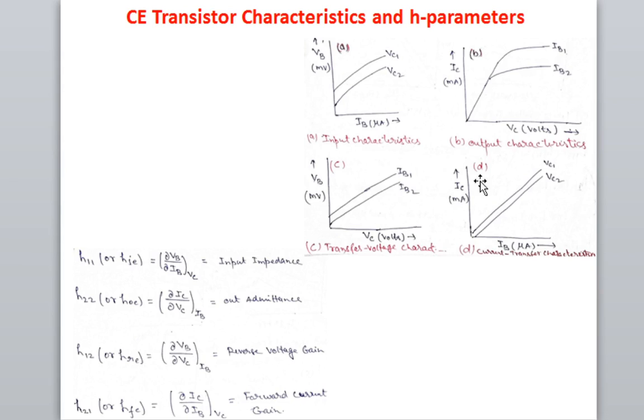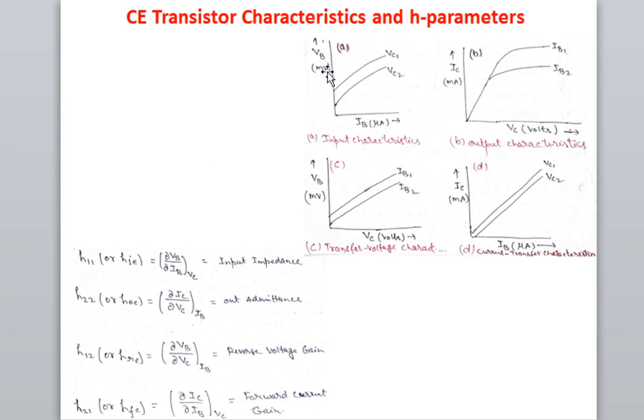Similarly, if you take the derivative of del IC and del IB, it is current upon current, del IC upon del IB, that is dimensionless. Here this is the output parameter and this is the input parameter. So we are moving in the forward direction, that is why this is known as the forward current gain, the ratio of two currents, and this is simply called HFE. This HFE is a very important parameter for the common emitter transistor, and this is also called beta. I will explain in my next slide.